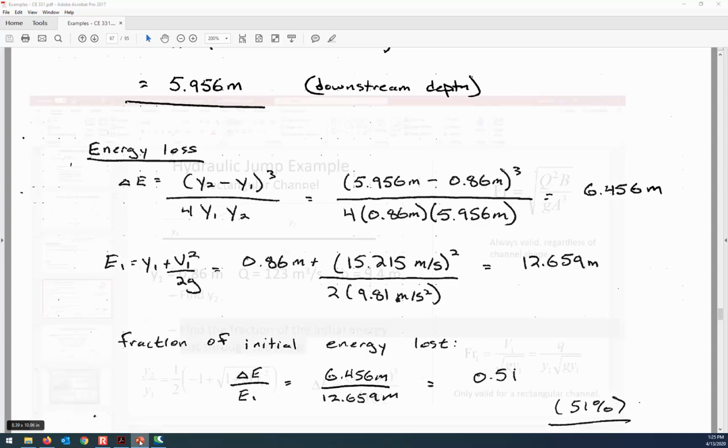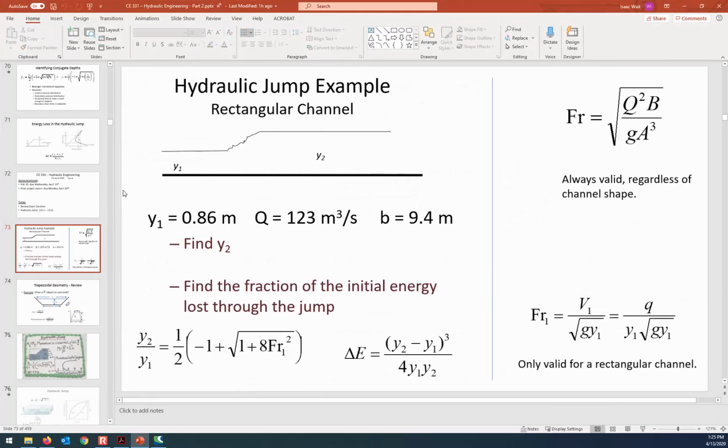Any questions on this example before we move on? All